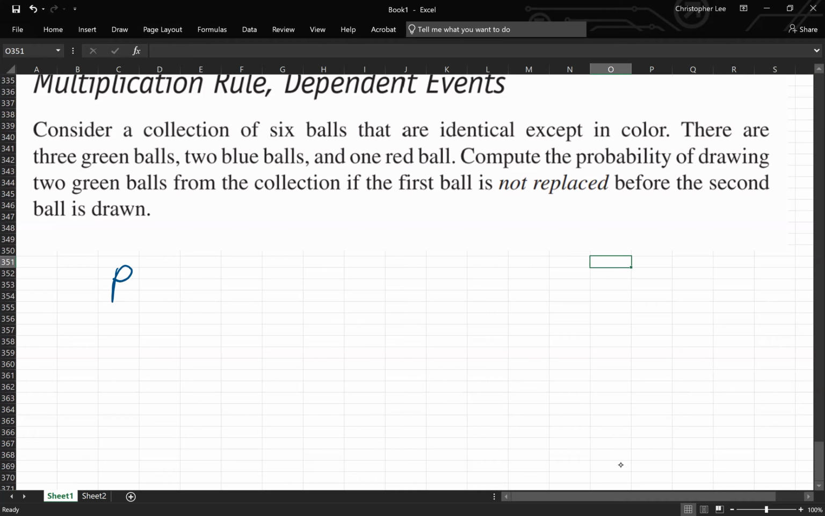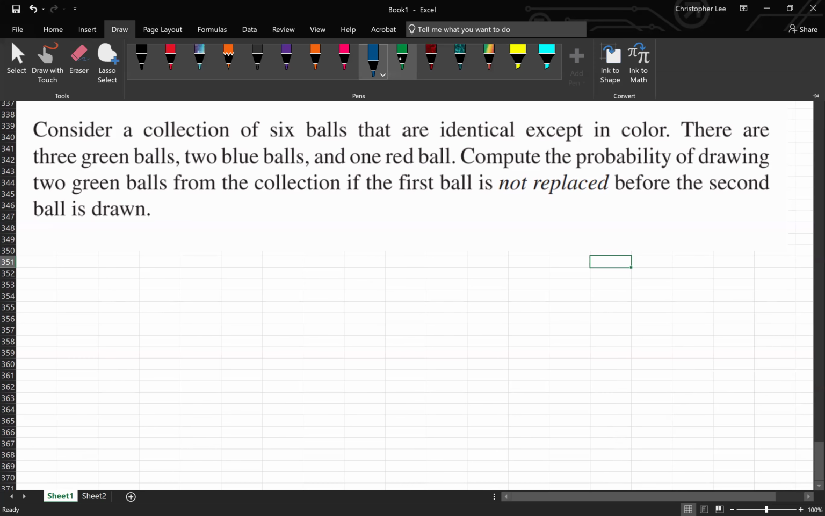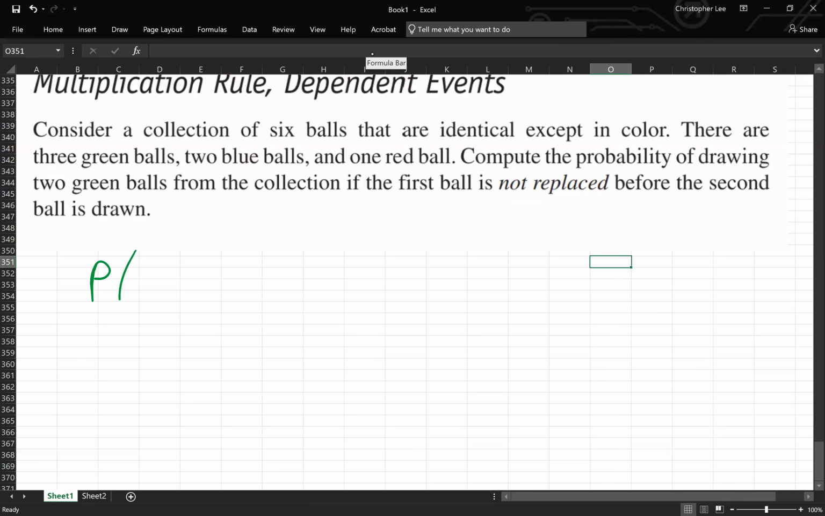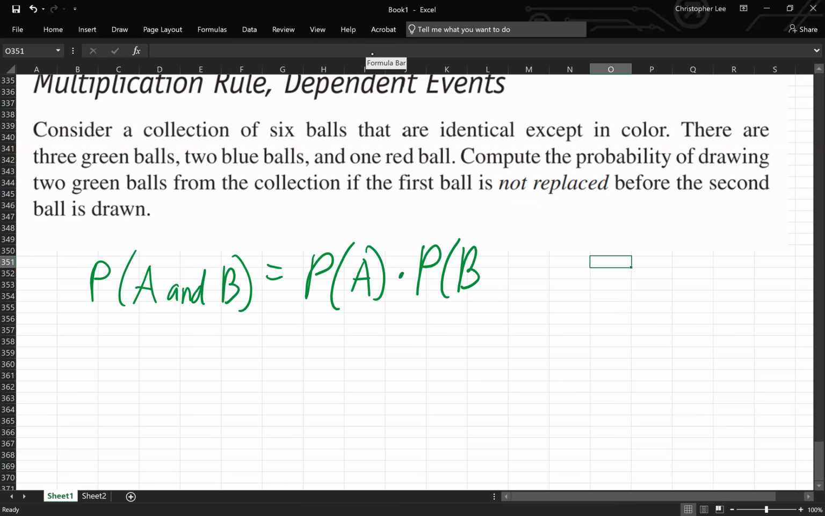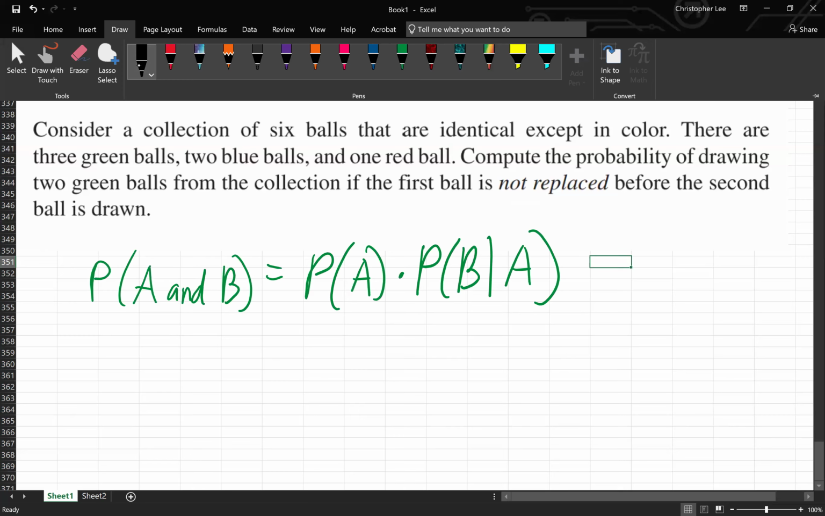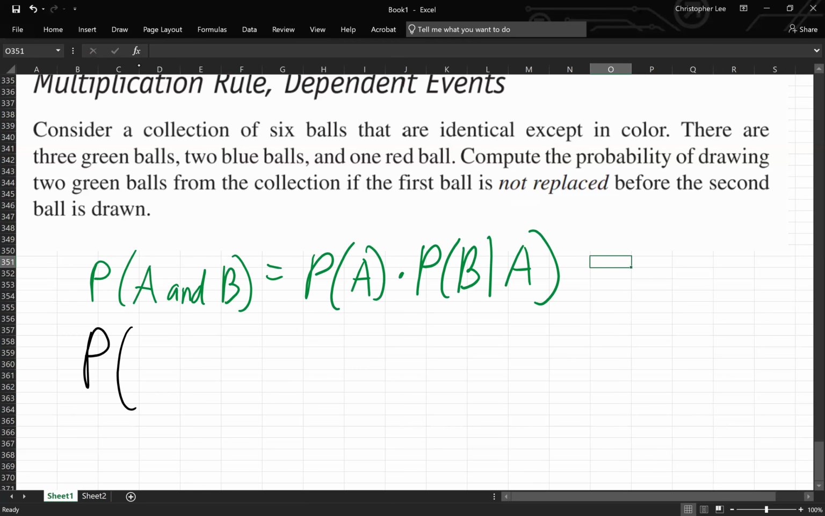So first off, what's my formula? It's the probability of A and B is equal to the probability of A times the probability of B given A, right? Okay, now let's go to the question. What did they ask me in the question? They want the probability of what? Green and